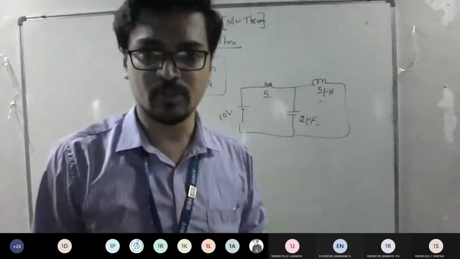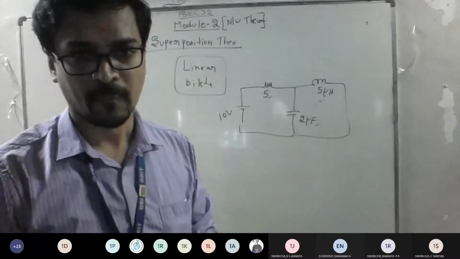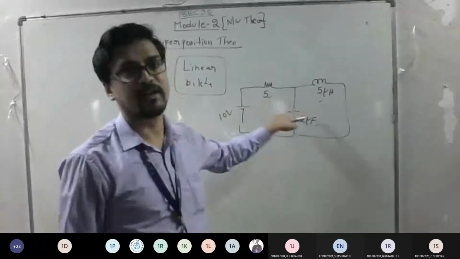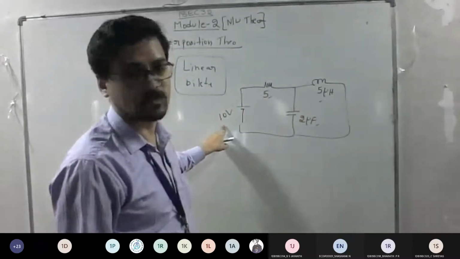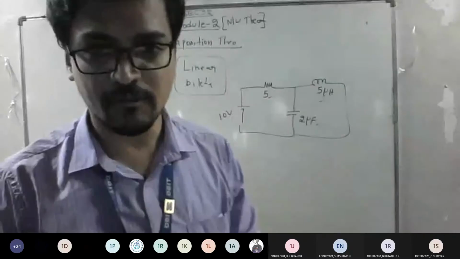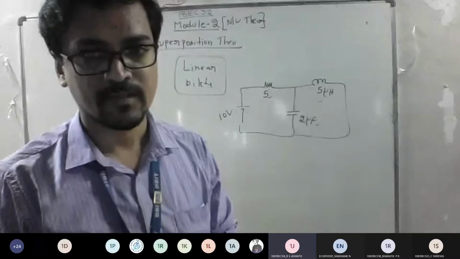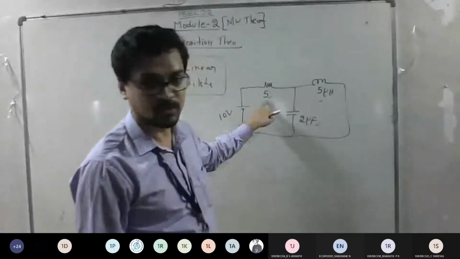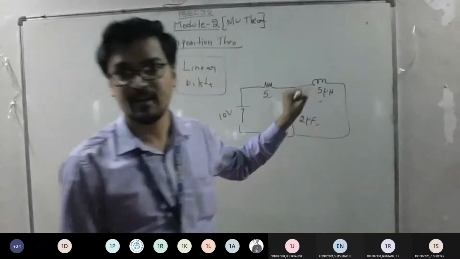Do you think that value is going to vary after the battery is applied? You got what I'm asking? Before the battery, I have connected this RLC element here, right? After passing 10 volts across each RLC element, do you think that the value of each changes? No, sir. Yes or no? If I give a 10 volt supply, this 5 won't become 2. This won't become 5 microfarad. This won't become 10 microhenry, right?